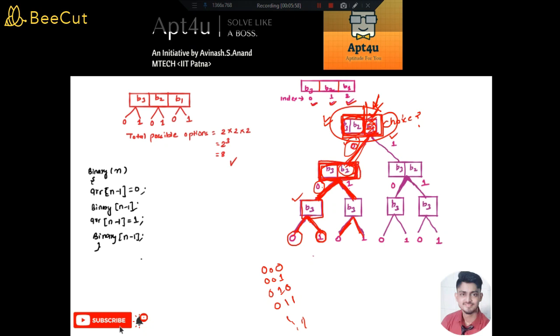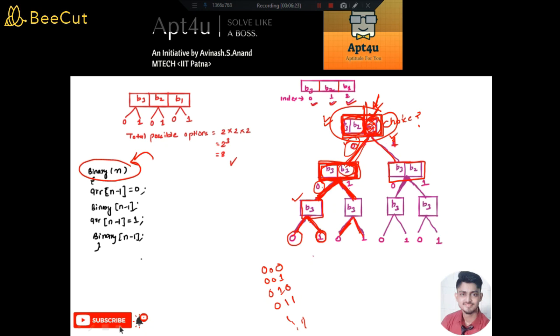Now what is the next option? The next option is that I can have the extreme right value as 1, and then again call the binary function on the remaining 2 bits, right? So what we are going to have is a function binary, where n is the number of bits that we are dealing with.